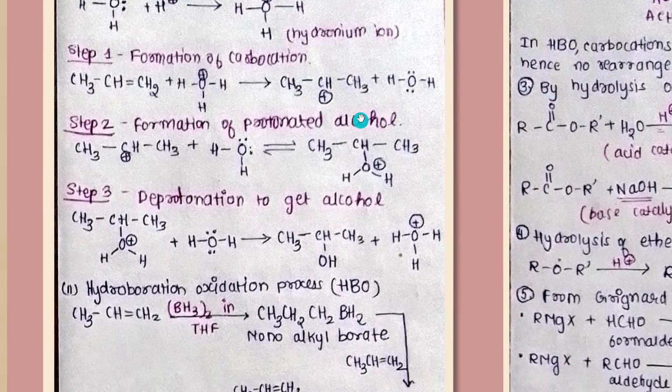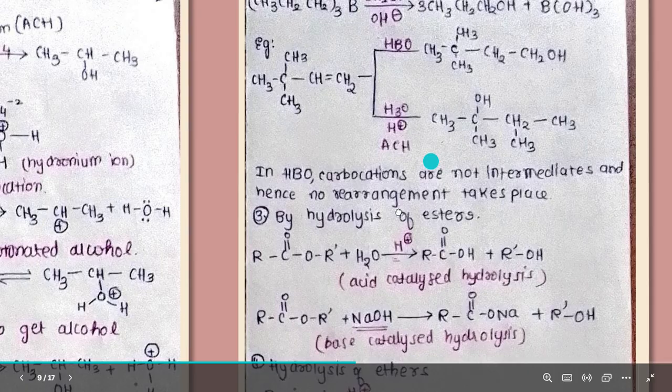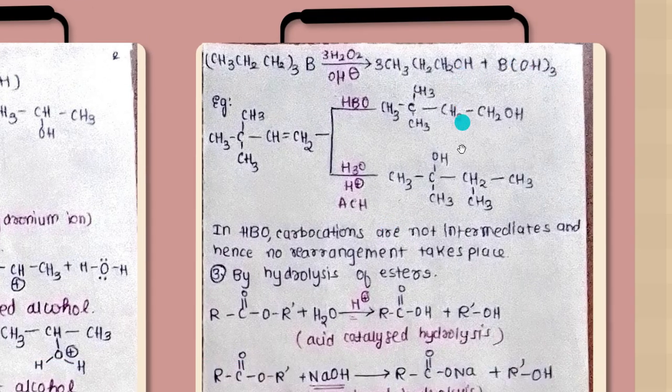Now this carbocation formation led to what? The rearrangement, right? OH is rearranged to a secondary carbon atom, which is much more stable than the primary one. So, if there is no such carbocation formation, there is no rearrangement, and hence we can add OH directly to one of the alkene carbon atoms.